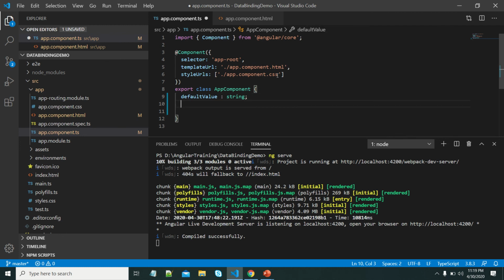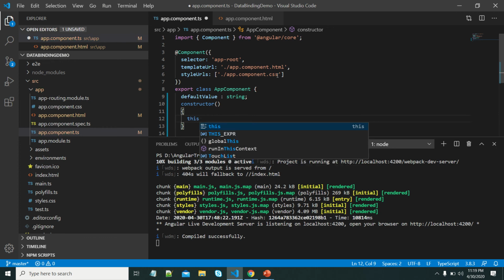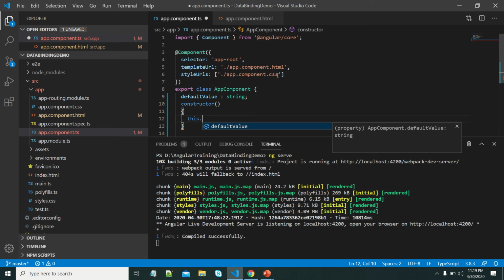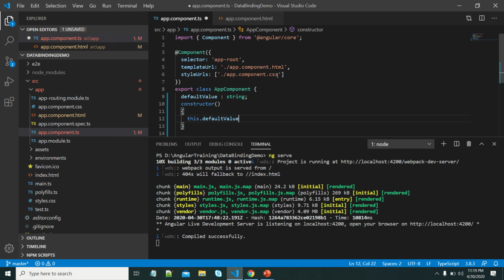This is the way we declare variables in TypeScript. In the constructor, this is the way we can use the constructor. Directly we will write the constructor. If you want to refer to the variable within that component class, we need to write this.defaultValue. Let me put some 10. As this is a string, we need to put it in quotes.